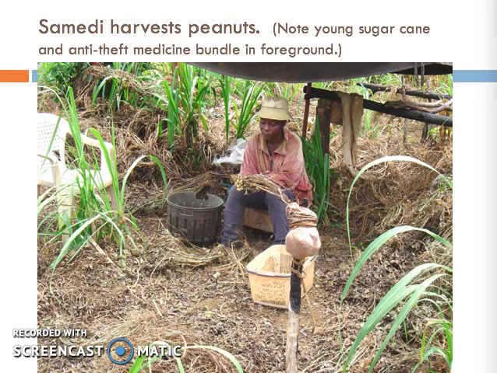Finally comes the harvest. Peanuts, maize, and squash, which is grown for the seeds rather than the flesh, are harvested all at once and need to be dried, transported, and stored, again by the women. Plantains are harvested as they ripen. Manioc, which takes over a year to mature, is left in the ground and harvested throughout the year as needed.